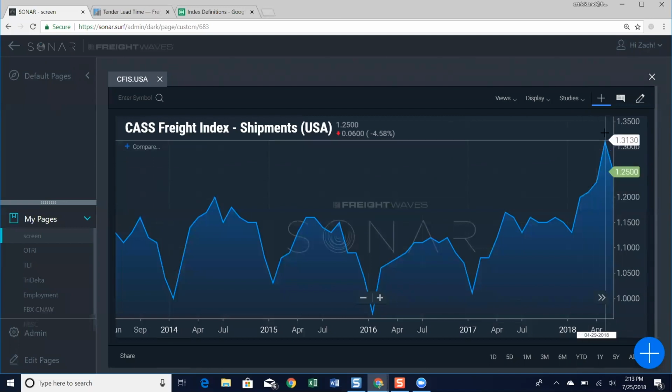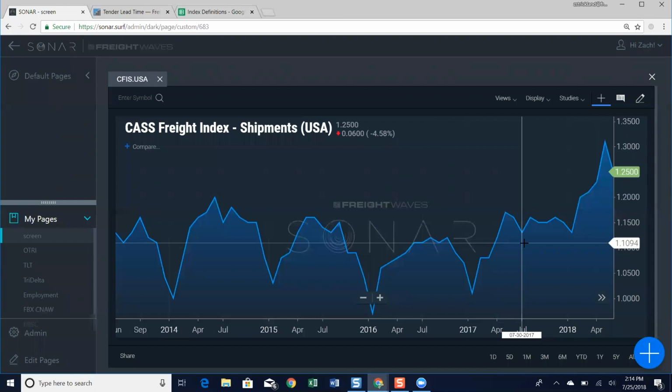So again, we see in June that it kind of fell off from May levels. Now, I know that there's been a lot of talk that the freight market has already peaked and we've seen it cycle through, but you can still see that the index is way above any point in time in 2017, even as it's cooling off. That's okay. And I believe we've talked about in the past, July tends to come back down in terms of